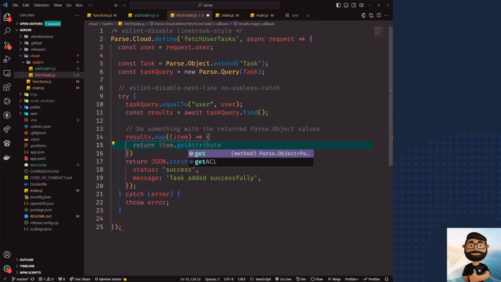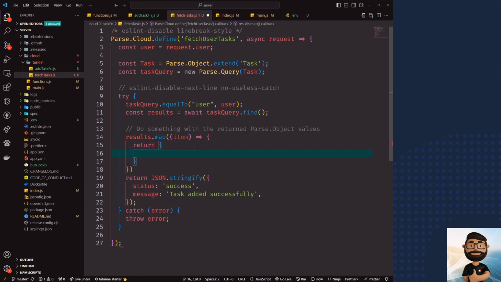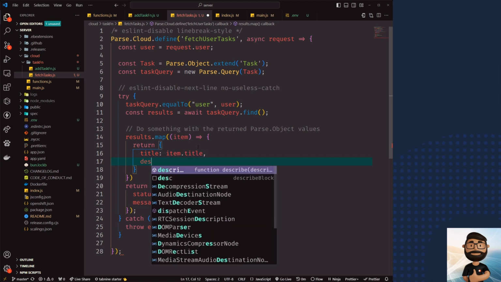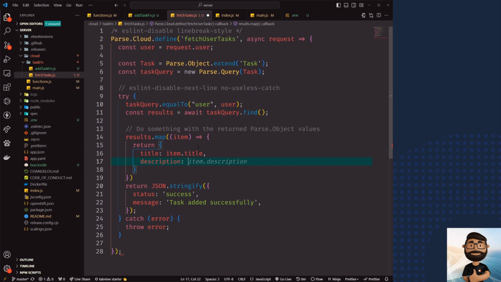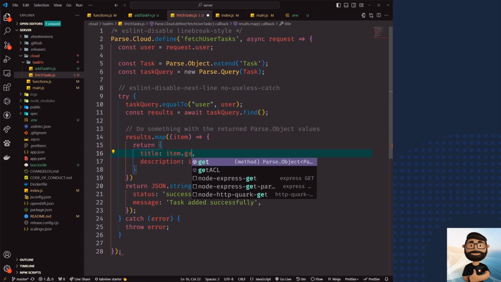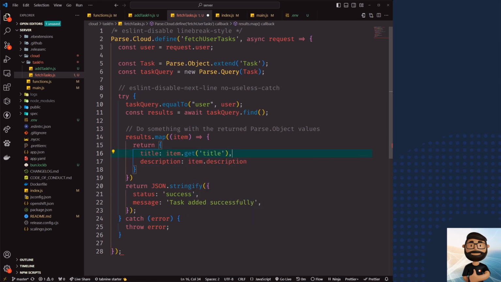So it should return an object. Okay. And let's call this title equals to item dot get title, then description equals to item dot get description, and also we are going to need